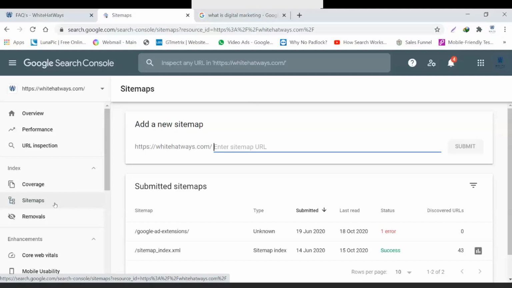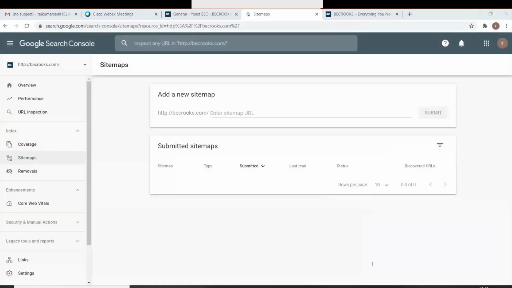So in my Search Console, as it is already submitted, I cannot do that once again. But let's share the screen, and let's do it. So Kunal, if you can just share the screen. Yeah, it's visible.